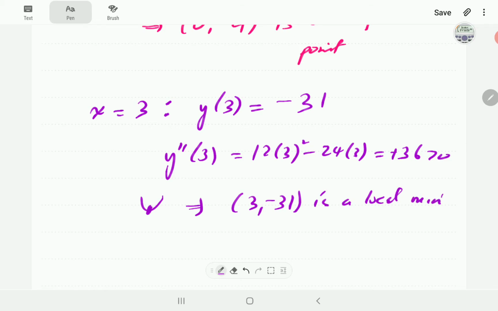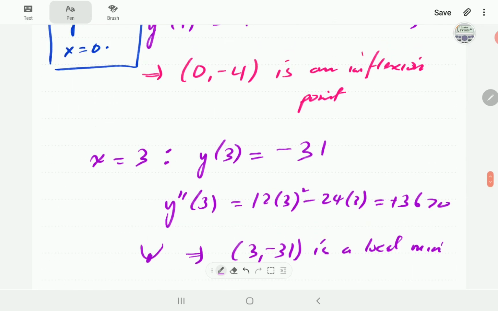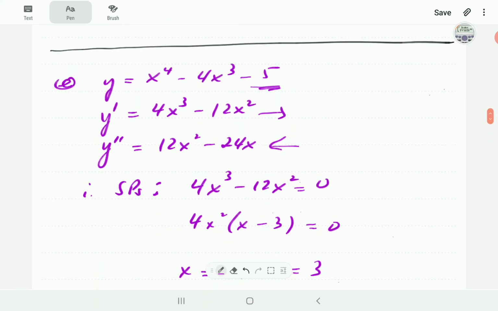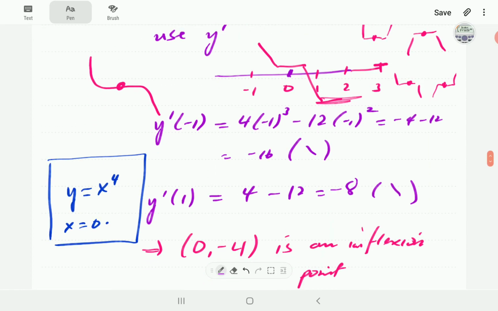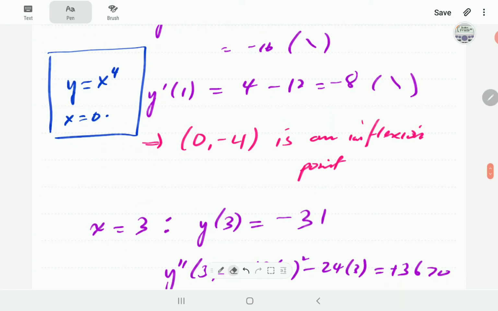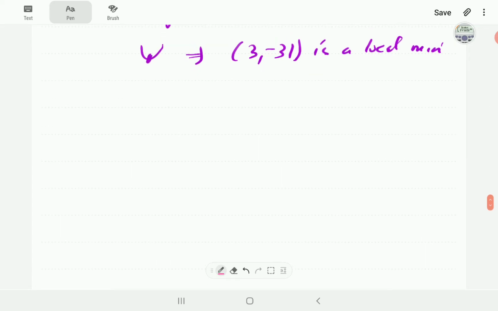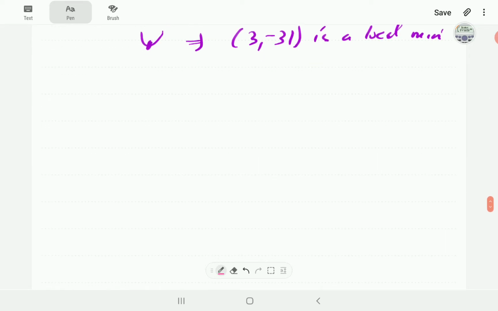Okay, and of course this is (0, -5), the other stationary point, which coincides with the y-intercept. So (0, -5) here. With this information, we can now make a sketch of the graph. So the graph is going to look something